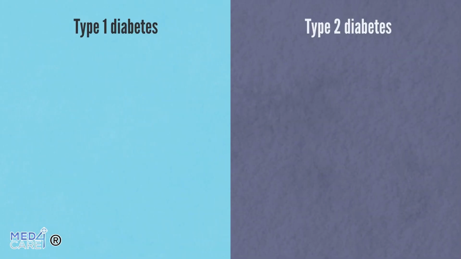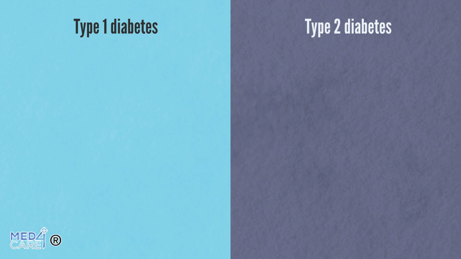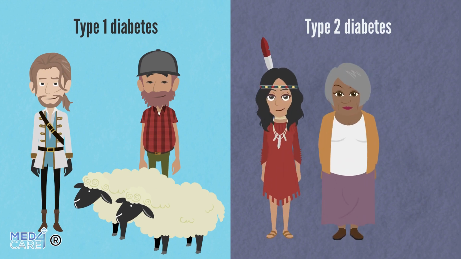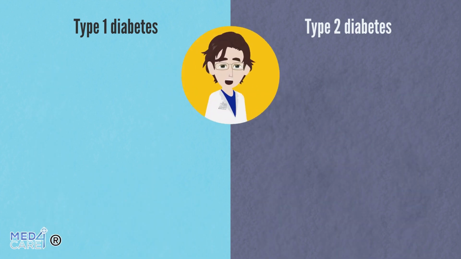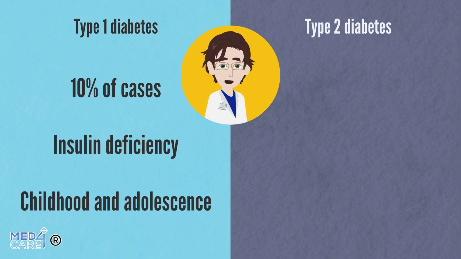It is important to know that there are two main categories of diabetes, namely type 1 and type 2. As regards type 1 diabetes mellitus, studies have shown a higher prevalence in Scandinavians and Sardinians. Type 2 diabetes, which is also the most common, is more widespread in other ethnic groups, such as American Indians, Hispanics and Asians. Type 1 diabetes mellitus is characterized by an absolute deficit in insulin production. It typically manifests itself in childhood or adolescence.